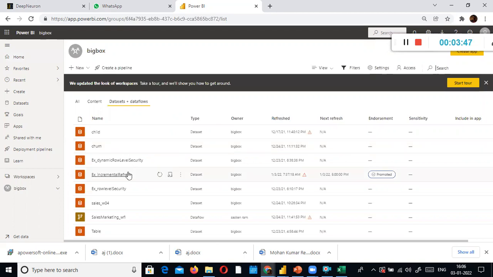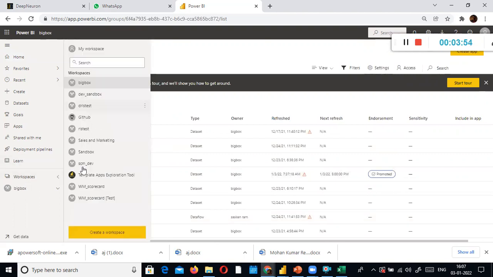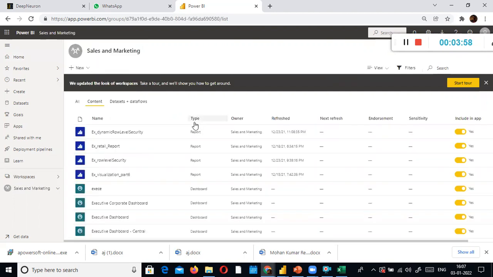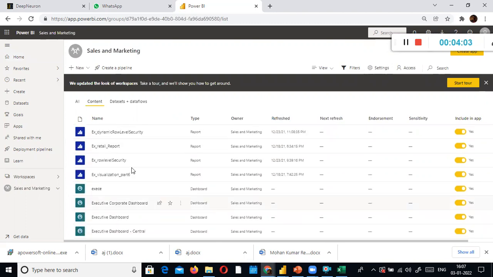So look here, for example, I just open my workspace, but don't worry, I'll help you understand what the workspace is and all those things. And here I will just see the retail report.